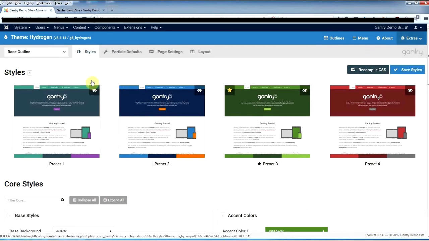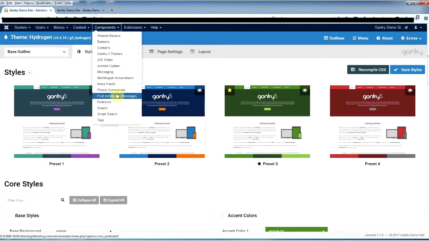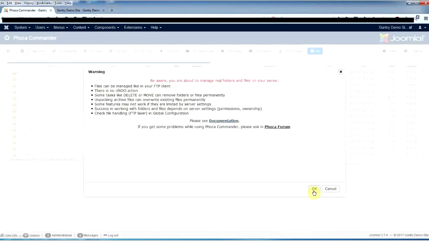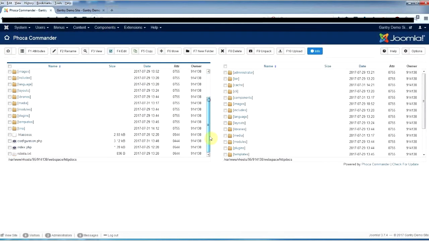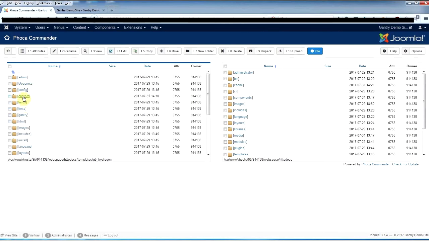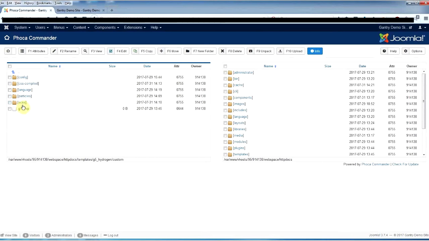Then what we need to do is put in some custom code in the template. So if we go to our file manager, which is Total Commander, which is the one I'm using, basically we'll go down to the templates directory, into G5 Hydrogen, and we need to go into the custom folder. And in the custom folder, if you don't have a directory called SCSS, you can create a directory called SCSS. And when you go in there,